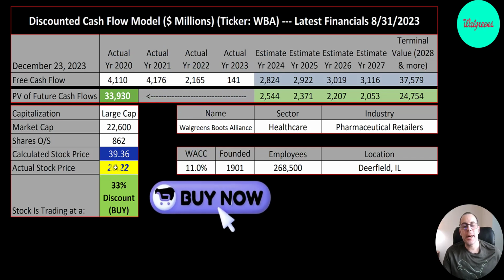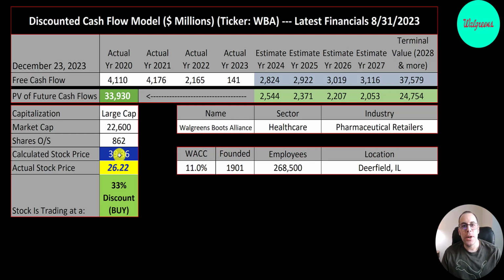But this is the kind of stock that doesn't really move too much. Most stocks that pay a nice dividend don't move around too much. They have less upside and downside. We'll get a better idea of where they've been trading in the past when we look at their stock chart